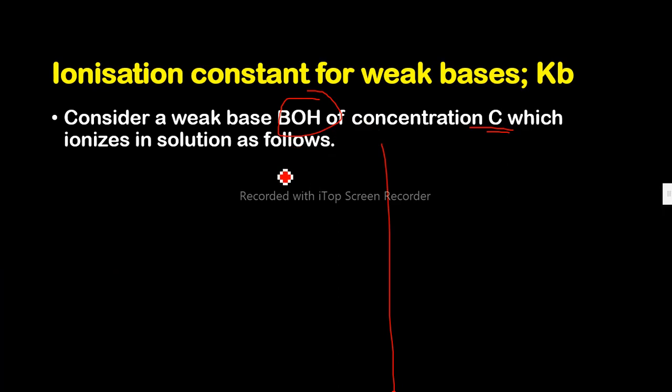So now you are given a weak base which partially ionizes, and the weak base is BOH, where B is a metal ion and OH, that's a base. So this is aqueous. It will give us B plus aqueous plus OH minus. So initially,